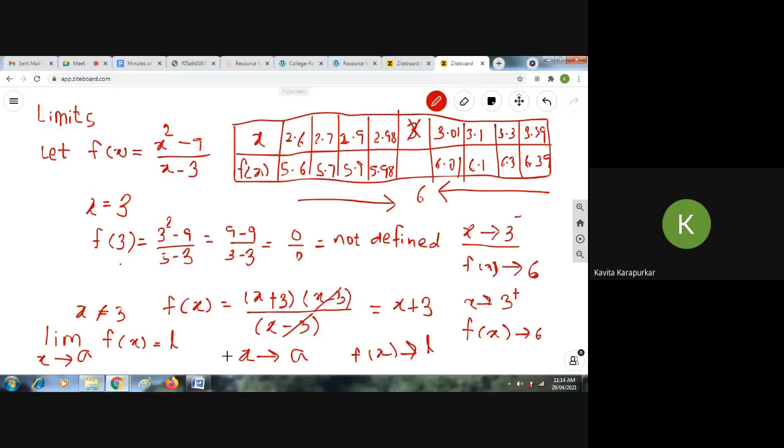Now, one thing to observe here is when x minus 3 is cancelled, if I substitute x is equal to 3 now, this will give me 3 plus 3 is equal to 6, which is nothing but my limit of the function. So whenever you are not getting that the denominator is becoming 0, we can directly go for substituting the value x is equal to given point in the function, and we get the limit of that function.